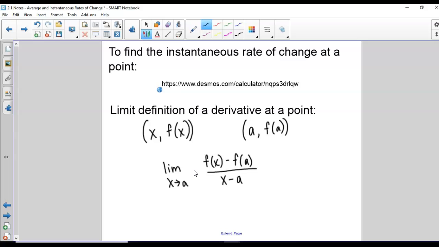I do not have time to show you any more than that right now. So you do not have homework because we